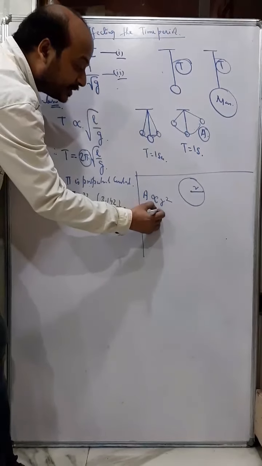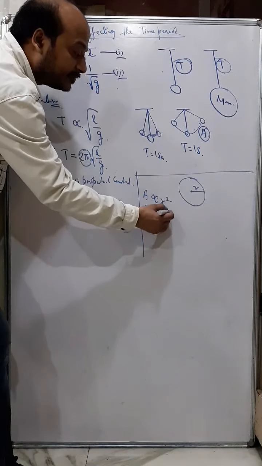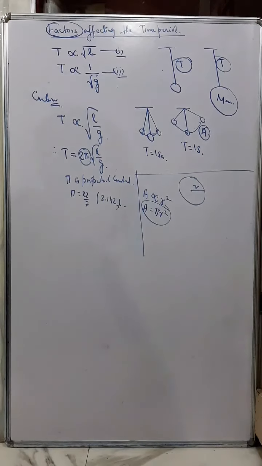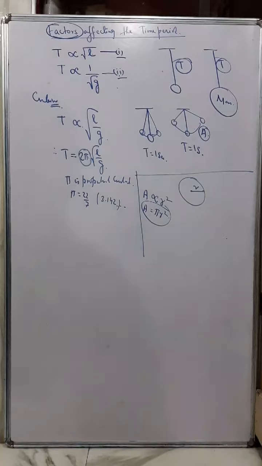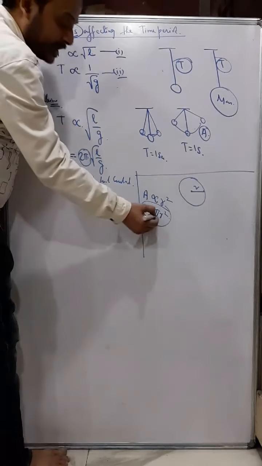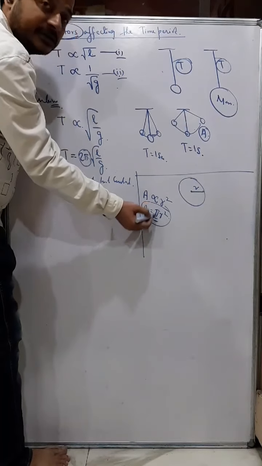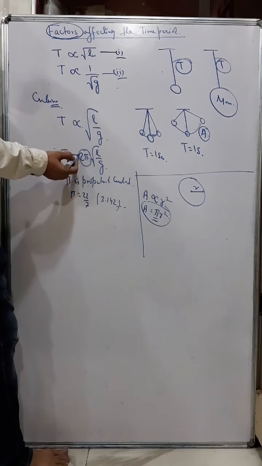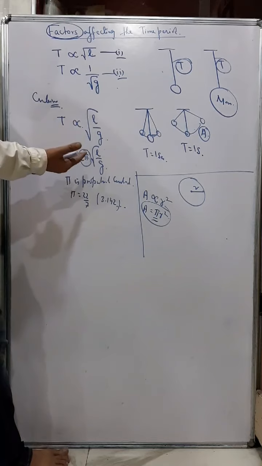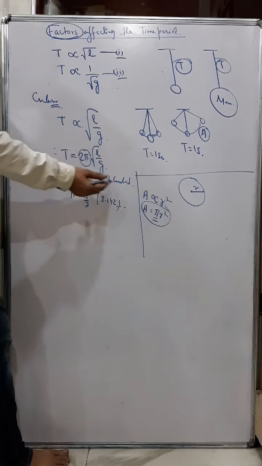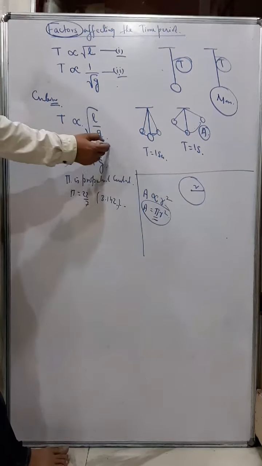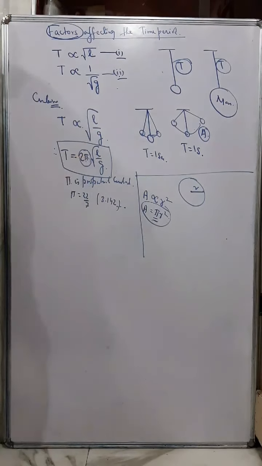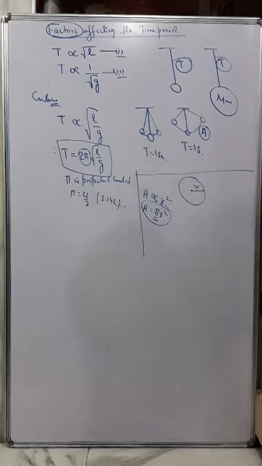So that fixed number here is pi, and therefore we generally write the area of the circle as pi r square. So here pi is the proportionality constant. Here also pi is the proportionality constant. In fact, in 2 pi, 2 is also a constant number, and pi is the proportionality constant. So this is the expression we use for calculating the time period of a simple pendulum.